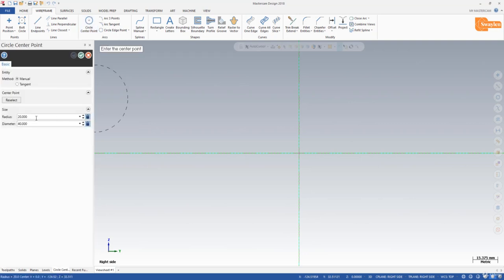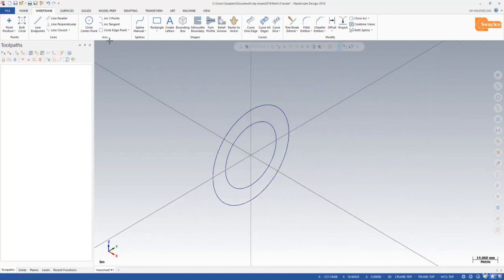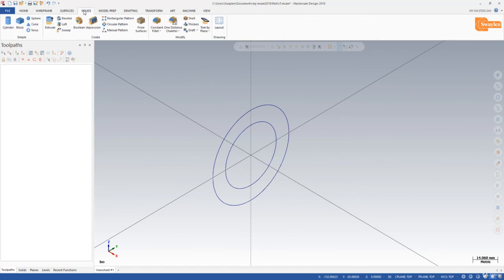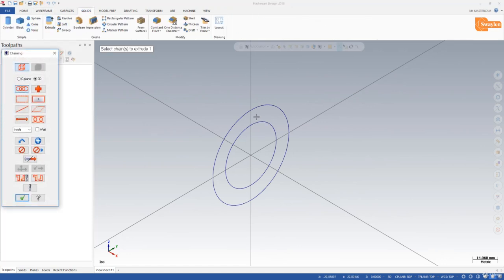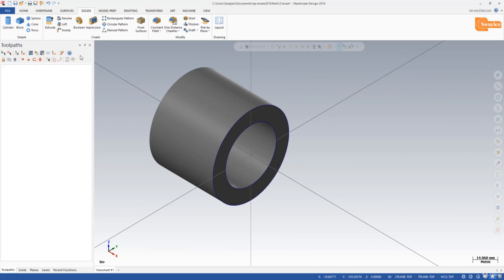So again, circle, 20 radius, OK, and create new. Next radius is 30, OK. So now press Alt+7 and extrude this object. So Solid, Extrude, select both circles, OK, and the height is 50. OK. Now you will see in the drawing,